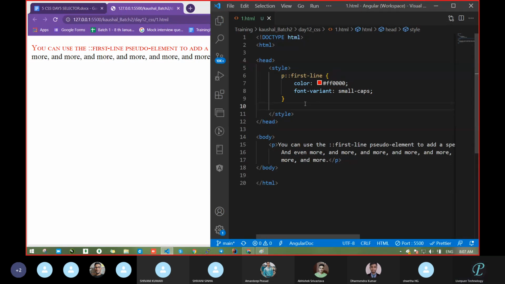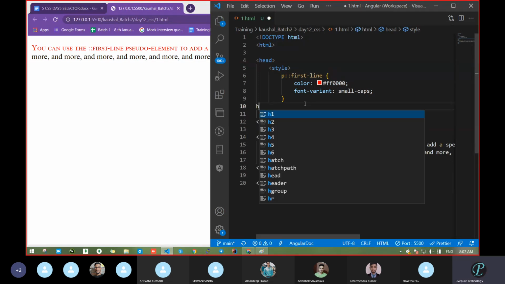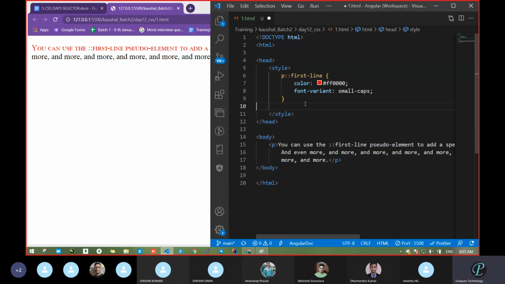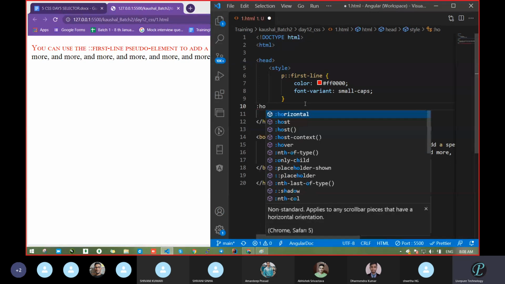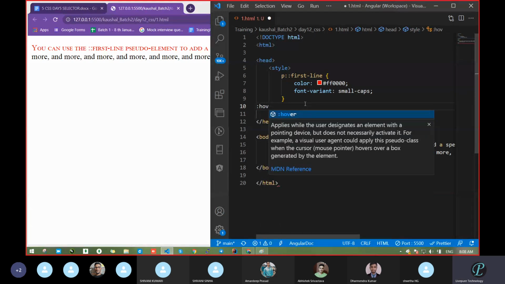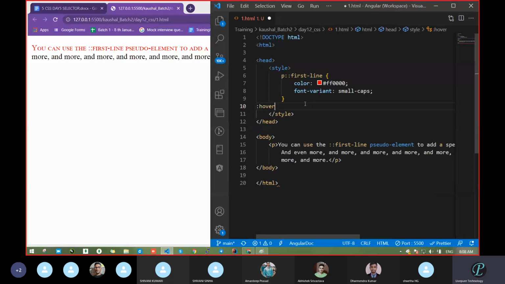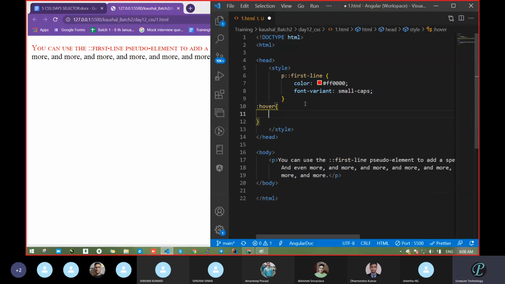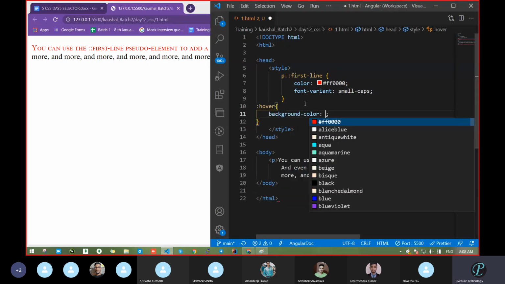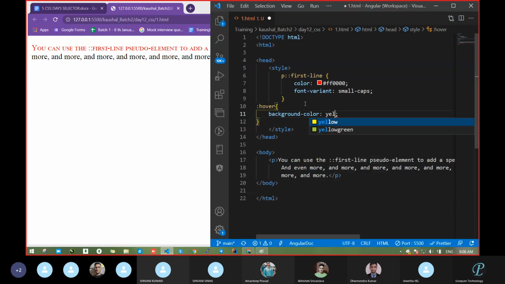Okay, what am I passing? Hover, fine. See, if I want hover on the complete body, take that body, remove this, then also I think it will work. Hover, and I want something like background color yellow, save.